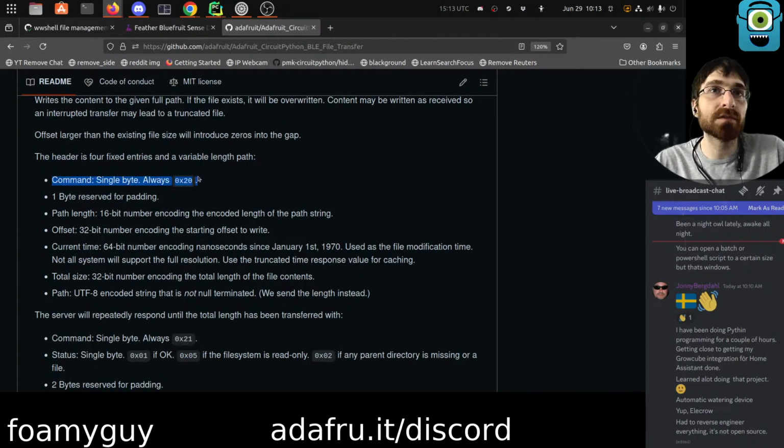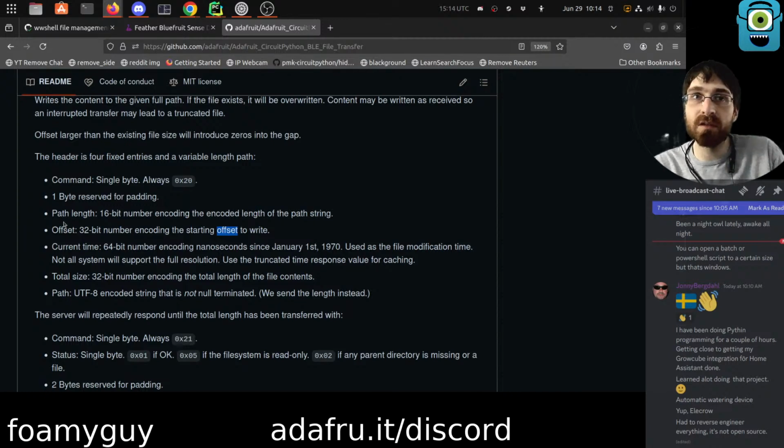So we have the command, which is hex 20, 1 byte empty for padding, path length, so 2 bytes of a number for how long the path is going to be, offset, 32 bits, i.e. 4 bytes for a number. So where we want to start writing. So we need to send 0 the first time, and then, if we're using chunks of 1024, which I probably will since that's what I used for read, then we would need to offset by